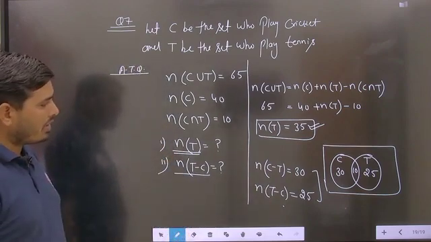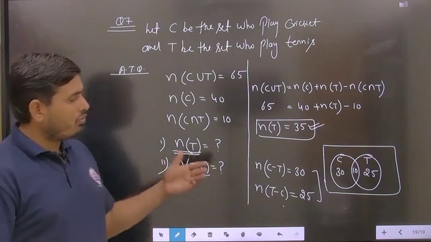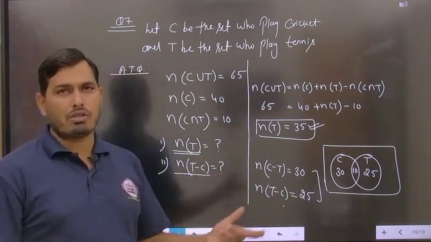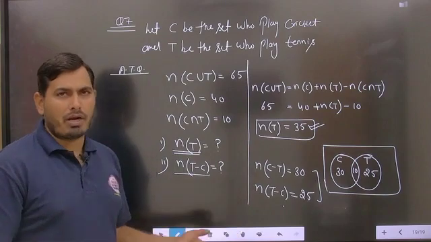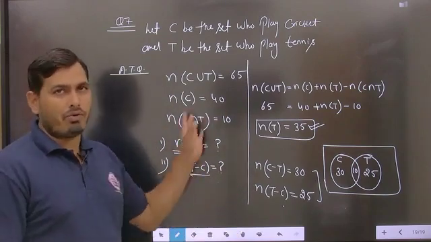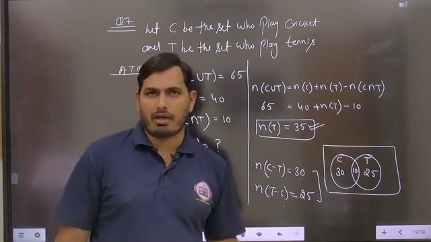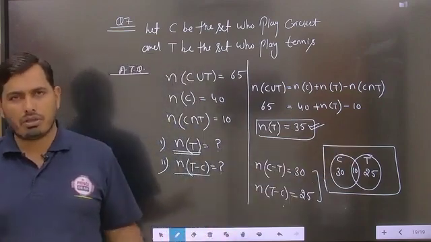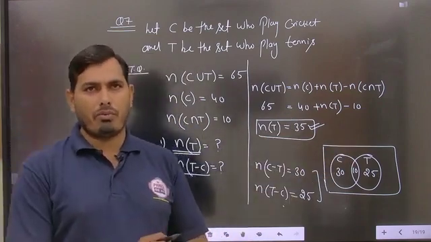As per the Venn diagram you can draw, and you can also simplify by using the formula. I am telling each and every answer with the help of the formula as well as with the help of the Venn diagram. You can use either approach in the examination, there should be no problem. Is that clear?